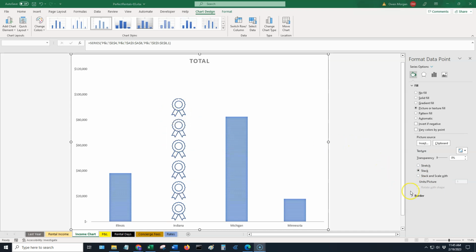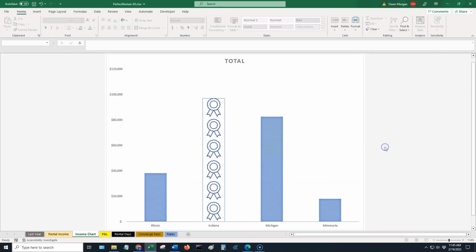We'll add a border to this, so scroll down here if you can't see it and click on Border. We're going to choose a solid line border around the outside of this. So I'm done with this now, so I'll click the Close button. We select away from that, so now you'll see that Indiana is showing with a separate look than the rest